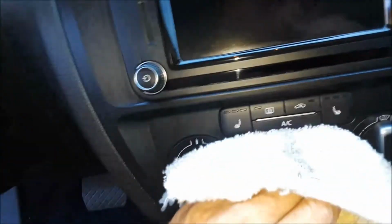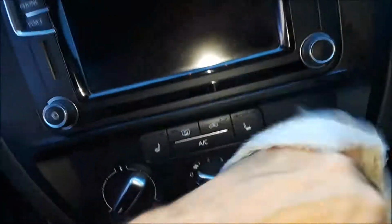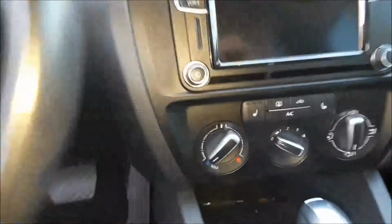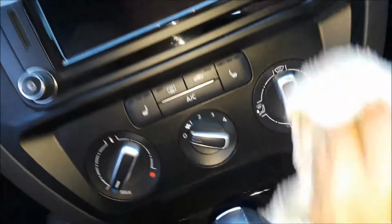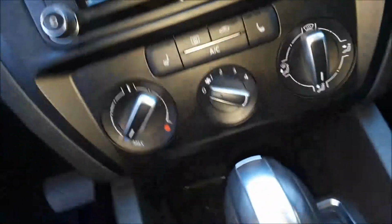Of course, this is my own car. I'm not doing this for money or anything. I'm just doing it for my own. Okay, there we go. Everything looks much better now. As you can see, all those spots are gone now. And just a little bit down here. Okay, I am ready to...